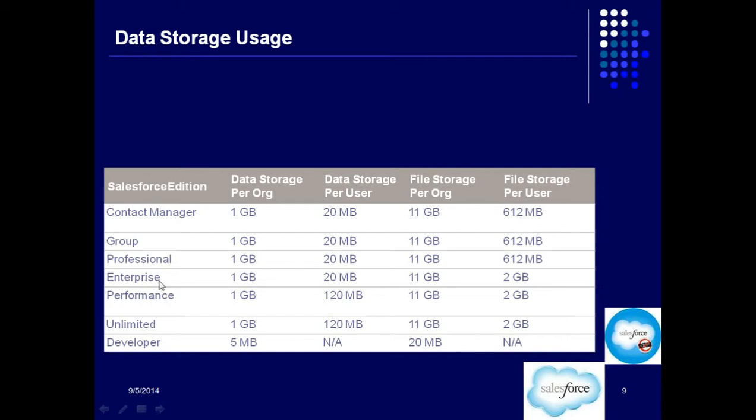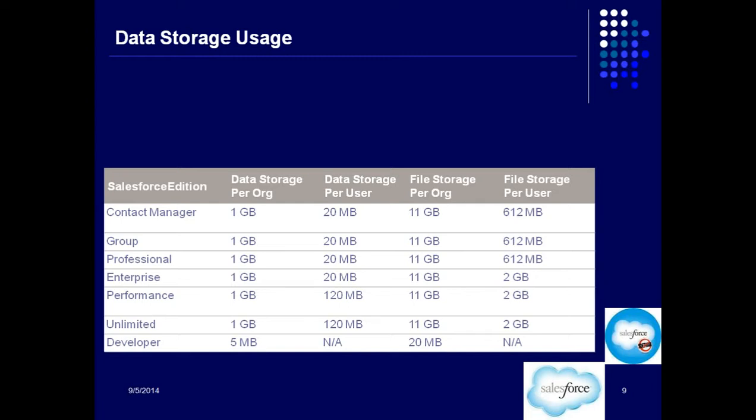So same way for unlimited edition, you will get 1 GB per org or 120 MB per user, whichever is greater, right? So out of this or this, whichever is greater. Let's say performance edition, 1 GB per org or 120 MB per user, right? So if you have 20 users, then it will be 20 into 120. So that is bigger than 1 GB, right? So whichever is greater, you will get that storage space.